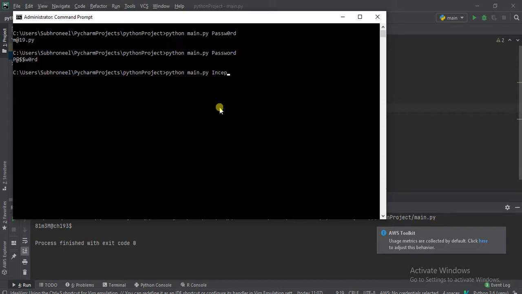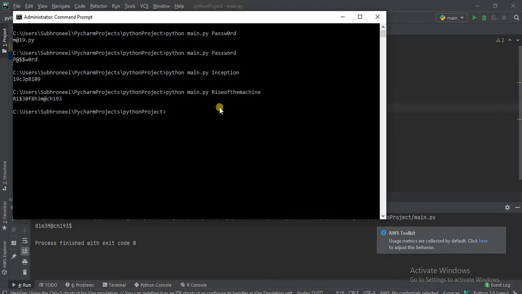Let us try some other word, like Inception. This is a very nice movie. Dreams under dreams, under dreams, Inception becomes 1NC3P8109. You can take whatever you like. Another movie, Rise of the Machine.